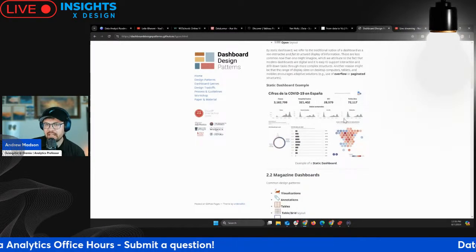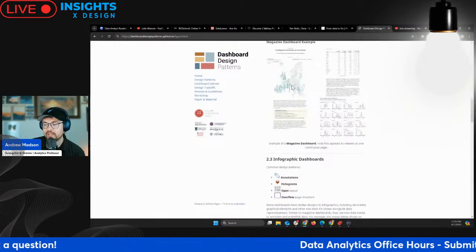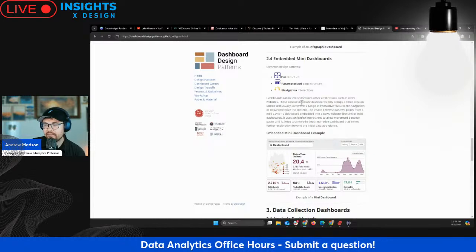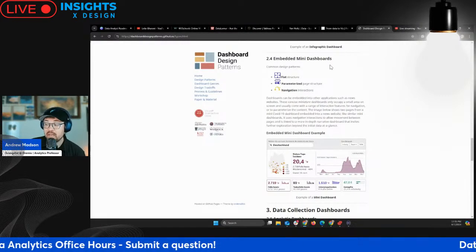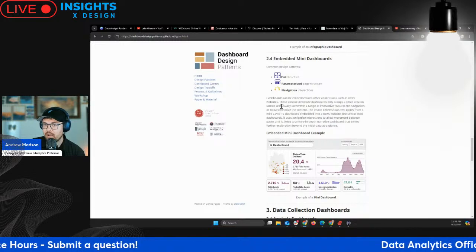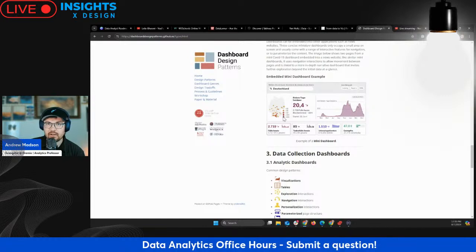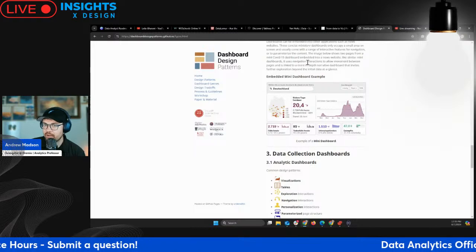Are you making a big infographic? Are you making a static dashboard? Are you making a really interactive dashboard? Because they have different techniques. For instance, this embedded mini dashboard is different than what you would create if you're doing just a static update. You know, is it an executive KPI dashboard where it's pros and cons, yes and no, up or down?